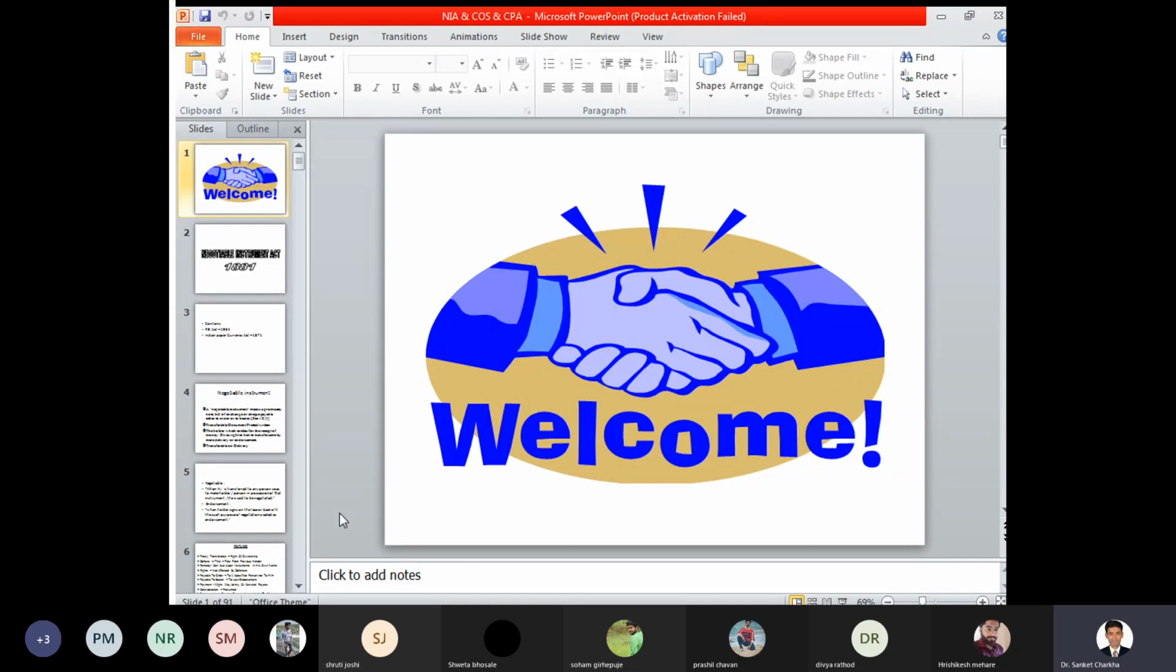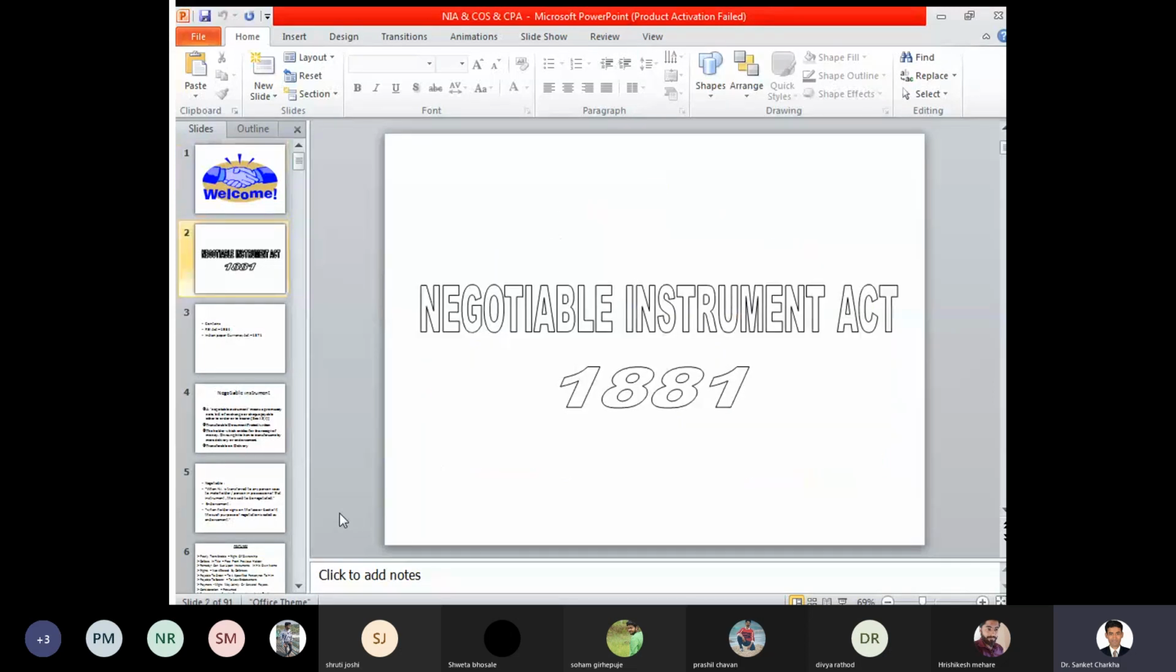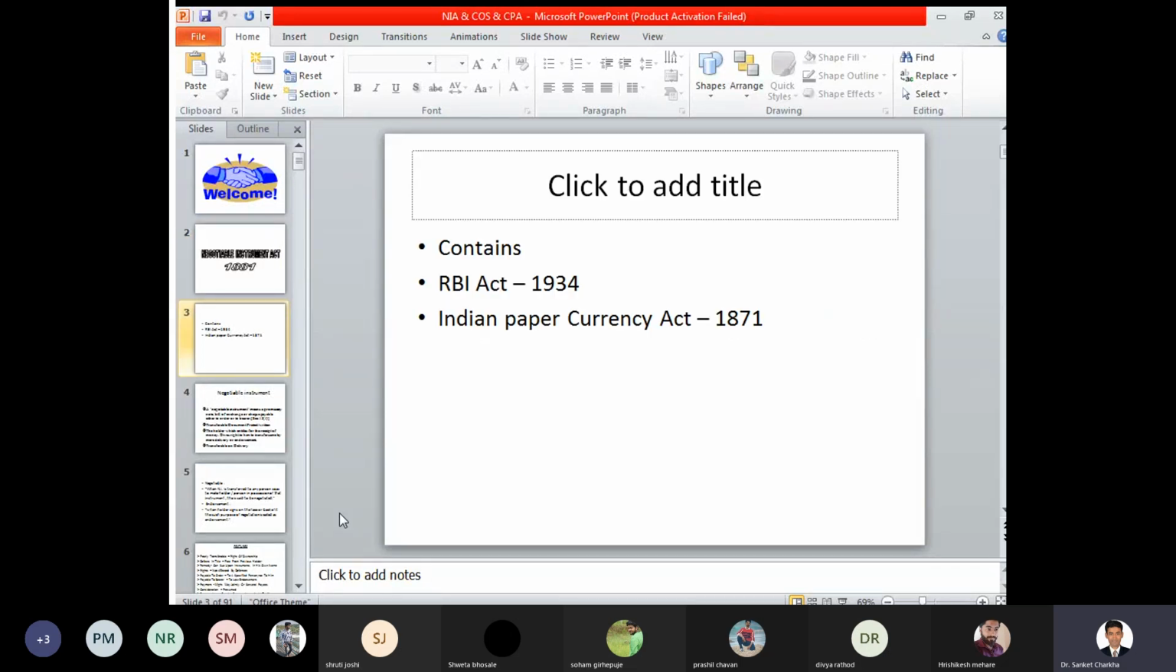We are starting with the subject of legal aspects of business, in which we have understood the various terms in respect of the Negotiable Instrument Act of 1881. In terms of the Negotiable Instrument Act of 1881, we have seen various concepts and terminologies with respect to the Indian Paper Currency Act and the Reserve Bank of India Act of 1934 and the Paper Currency Act of